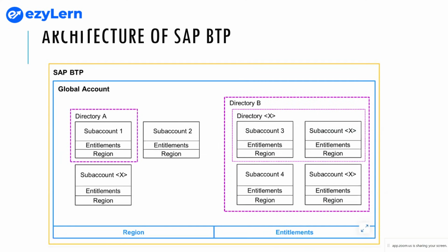Okay, I understand. Based upon the project, your company will take the SAP BTP version, and based upon the projects or the client, you add different directories for the client, and in sub accounts, if the client has different departments or different resources, you differentiate within that. Am I correct? Yeah, yeah.